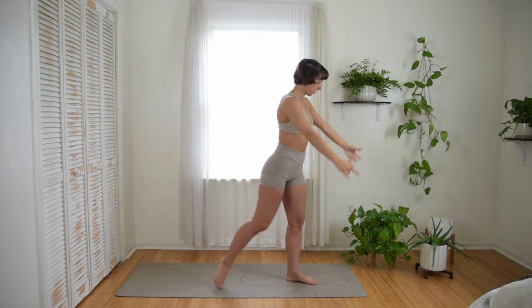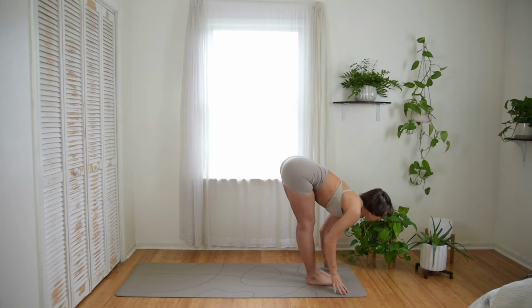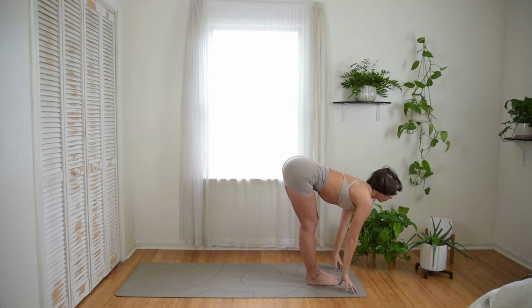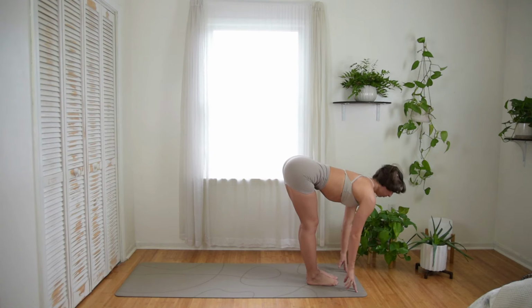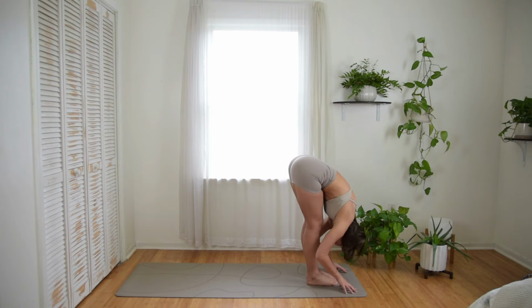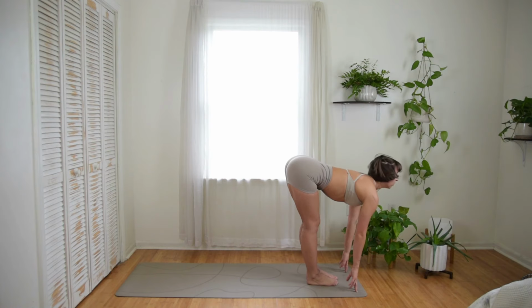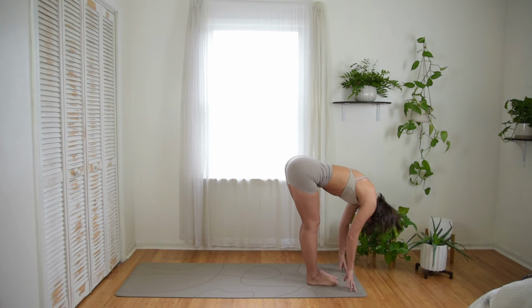And then come to the center, the top of your mat. Inhale, raise your hands up and into the sky. Exhale, fold. Roll your neck up to look out in front of your toes, maybe farther away from your mat. And then tuck your chin into your chest and fold once more. And ripple your neck outwards, pointing your nose forward and back. And forward and back. Last one, forward